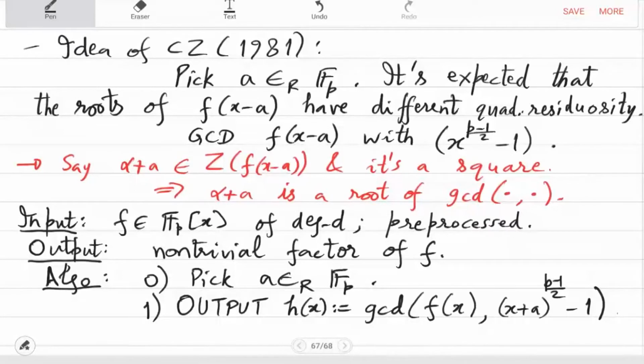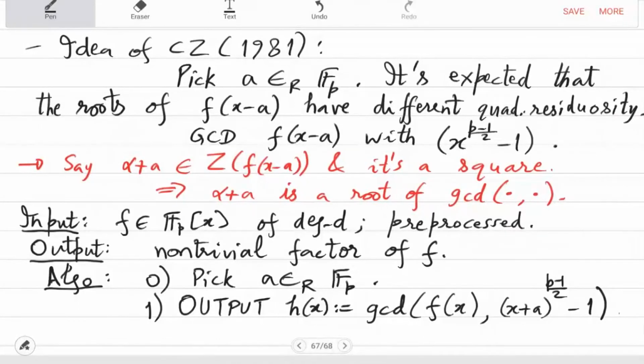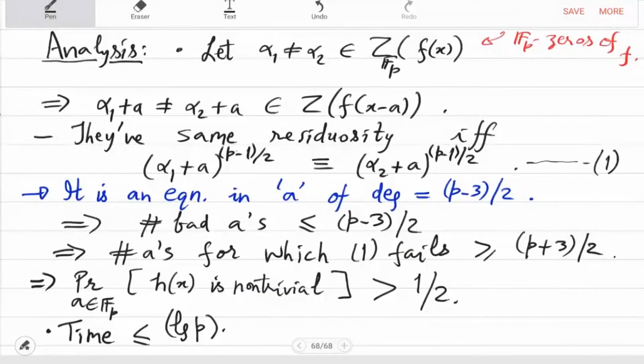This is a very special polynomial, x plus a to the p minus 1 by 2. It is exponential degree, but then it is a single exponential. So, you can compute it by repeated squaring mod f. You square, then you divide by f, then you again square, then again divide by f. That will go on for log p steps. So, there are log p multiplications and then division and then GCD. So, log p times